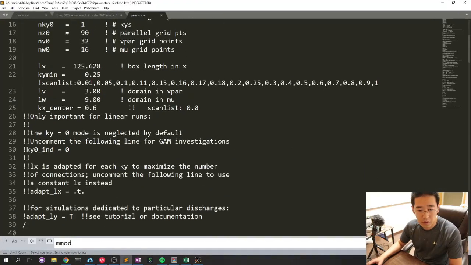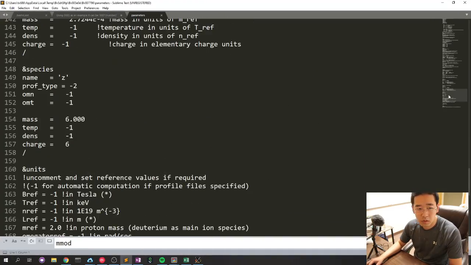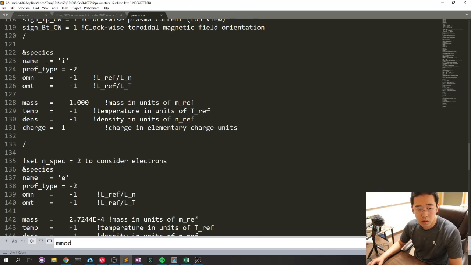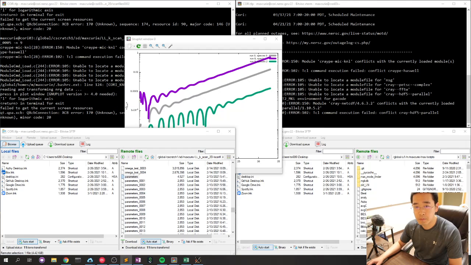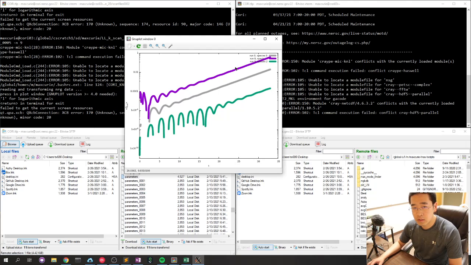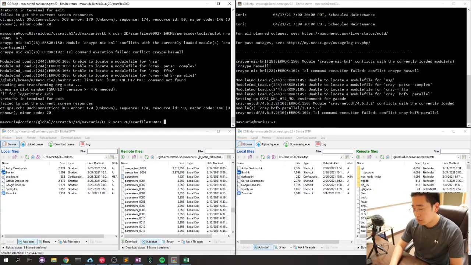As you can see here, this is ion, electron, impurity. So as you can see, this electron has a higher level of saturation than ion and impurity. Okay, so next